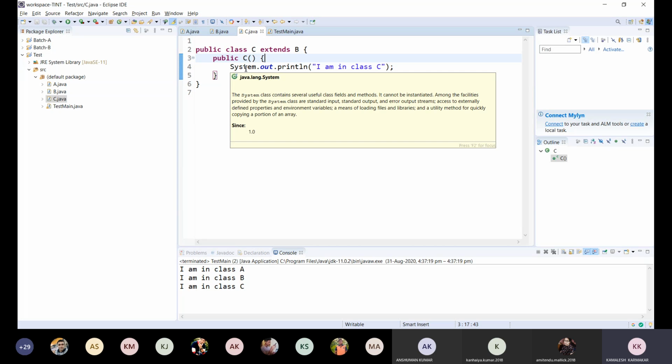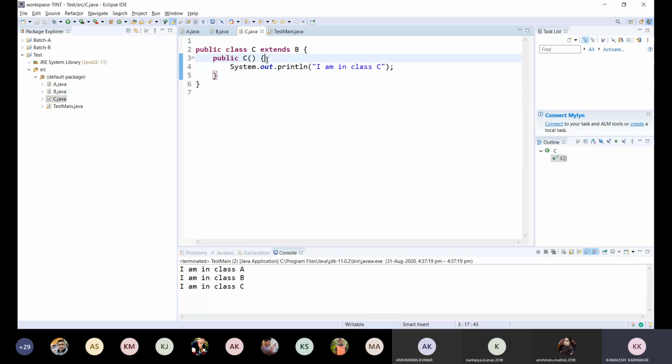So when we are creating an object of C class, when this constructor is being called, it calls the constructor of the superclass. Then when it goes to this superclass, the constructor of the superclass is called, and then from this B constructor, the constructor of its superclass is being called. That's why first it will print I am in class A, then it will print I am in class B, then it will print I am in class C.